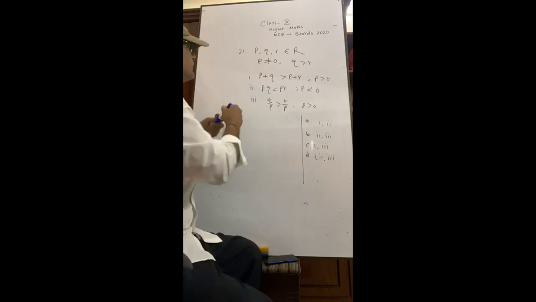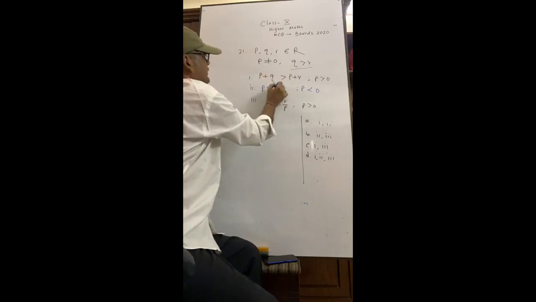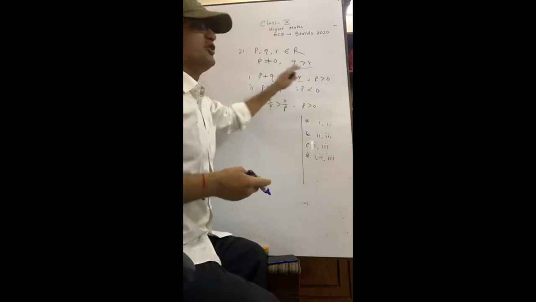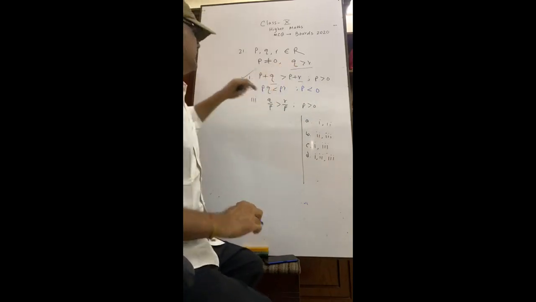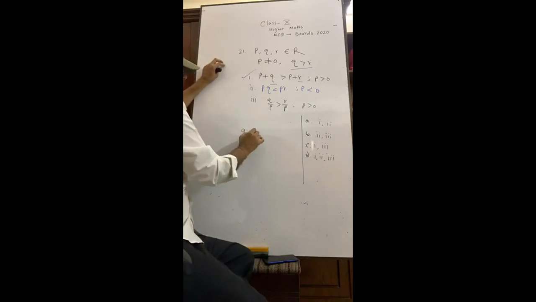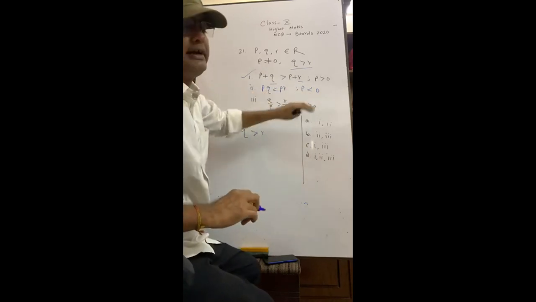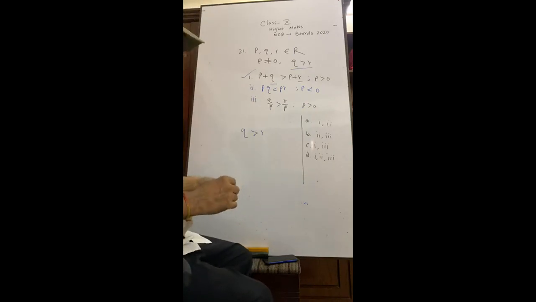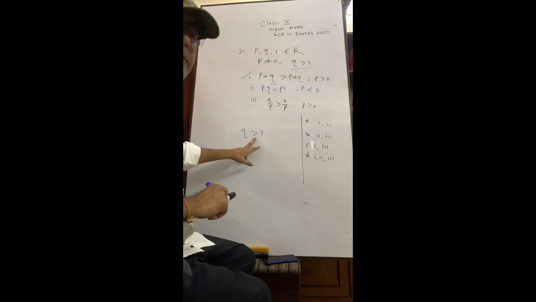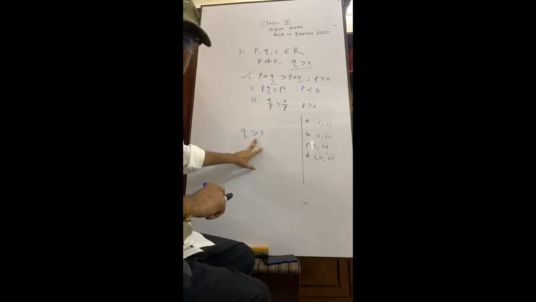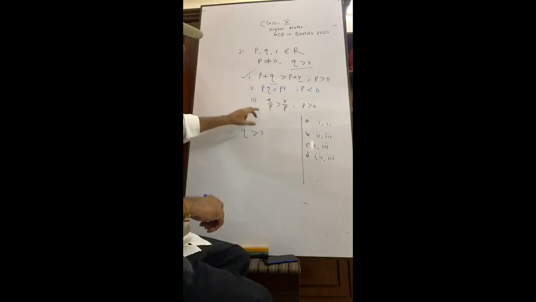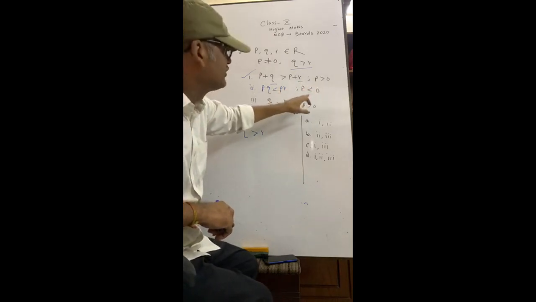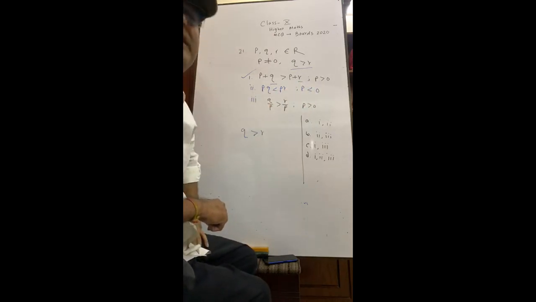You see, number 1, Q is greater than R. This is Q, this is R, this is greater than, and P is positive, okay? So it is right. Now number 2, Q greater than R and P is negative. We know that if we multiply by a negative number or divide by a negative number, then the sign of inequality must be changed, okay? P less than 0 means P is negative itself.